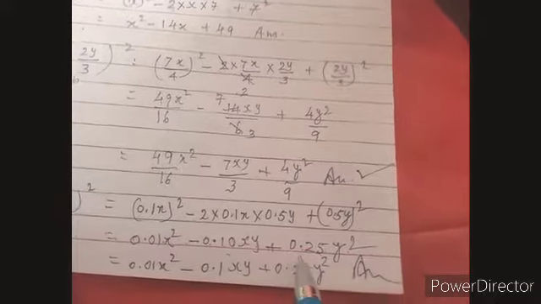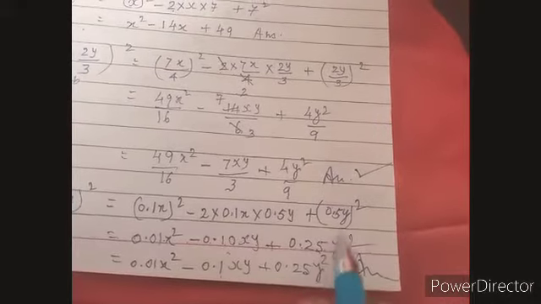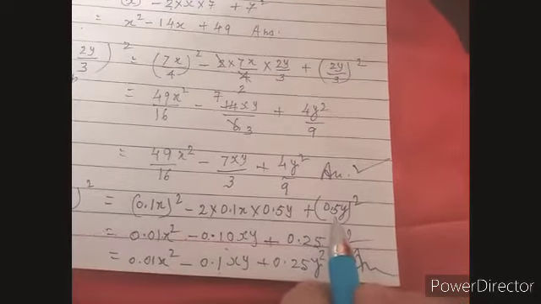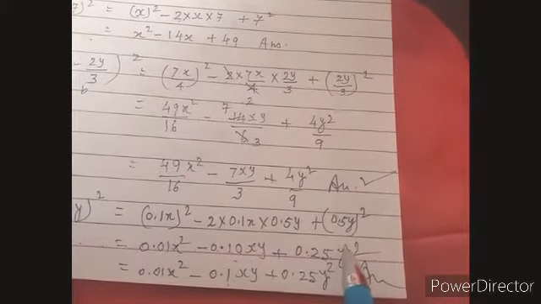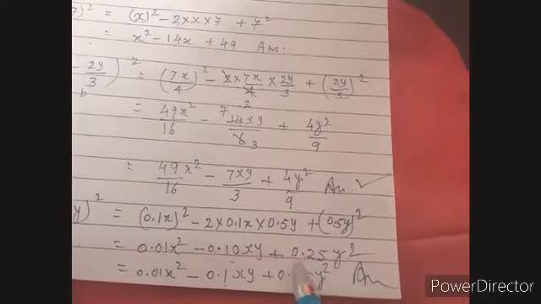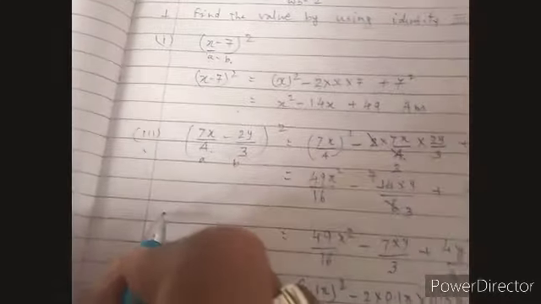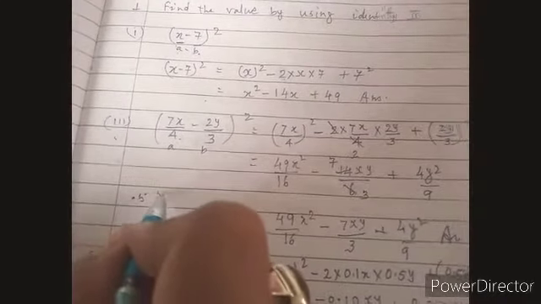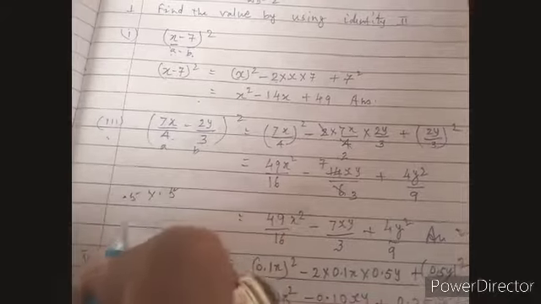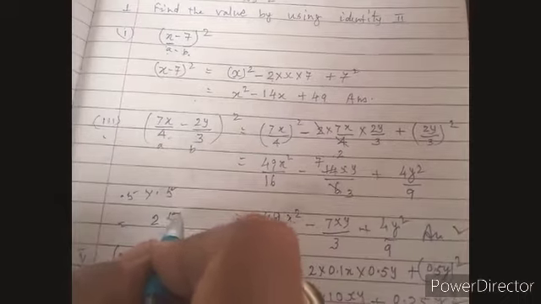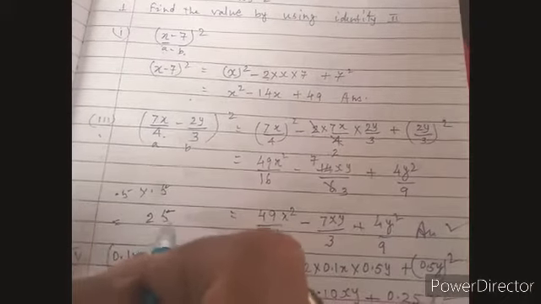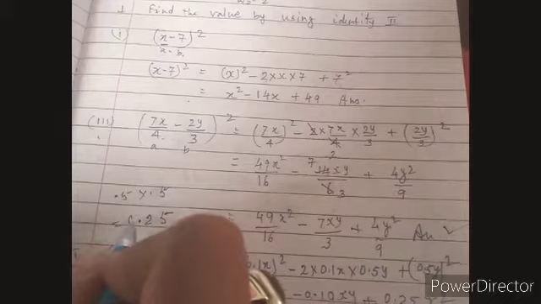So 0.10xy. And plus, if you multiply this, 0.5y square, 0.5 into 0.5 will give you 25, and the decimal will be 2 digits from the right, so it will become 0.25y square. Just like you may see, 0.5 into 0.5 is equal to 25, and the decimal will be 2 digits from the right, 1, 2, 1, 2 here. We will put 1, 0 just to locate the decimal.